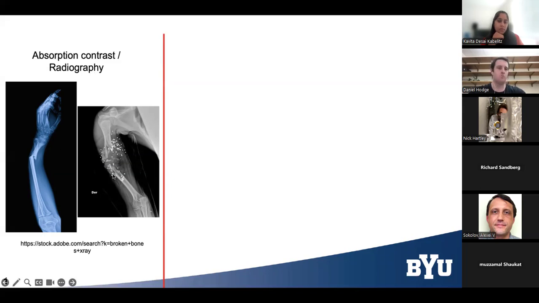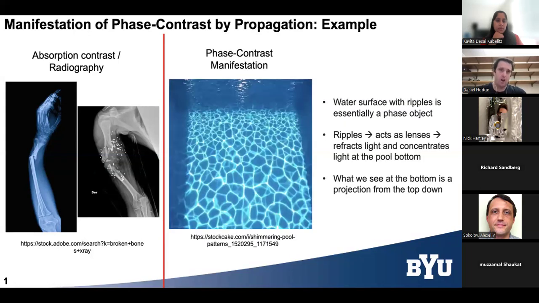And I also included the super gruesome thing, which is basically a shotgun accident where someone got themselves right in the arm, where you can see a bunch of these pellets and, of course, broken bone, which is super crazy. But basically, the idea is through absorption contrast, the stark differences between the bone and surrounding material, or bone and pellets in the surrounding material. But the main topic today isn't that, but just to introduce the idea of X-ray imaging, but specifically the manifestation